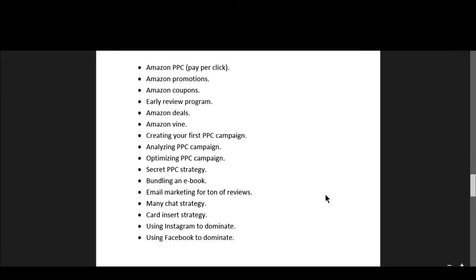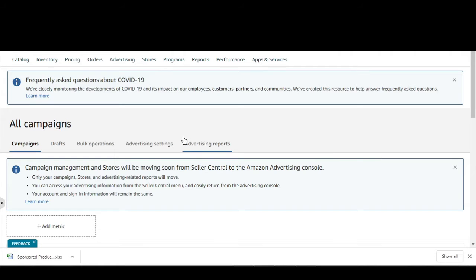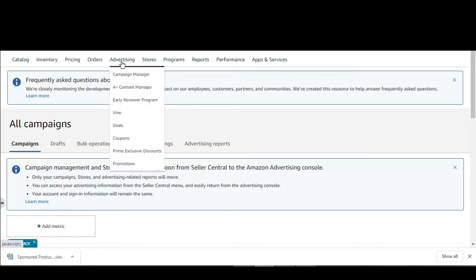So guys, as we are on to another topic, and this topic is going to be on secret PPC strategy. What you have to do is, firstly you have to log into your Seller Central account, and you have to come into this advertising tab and on this first column you will find campaign manager. You have to click on the campaign manager tab,